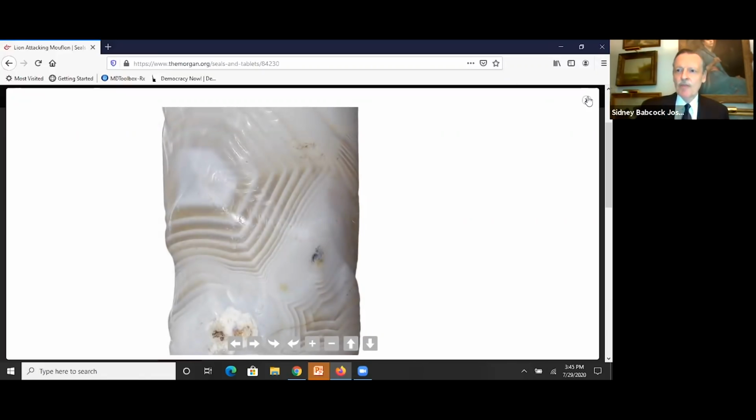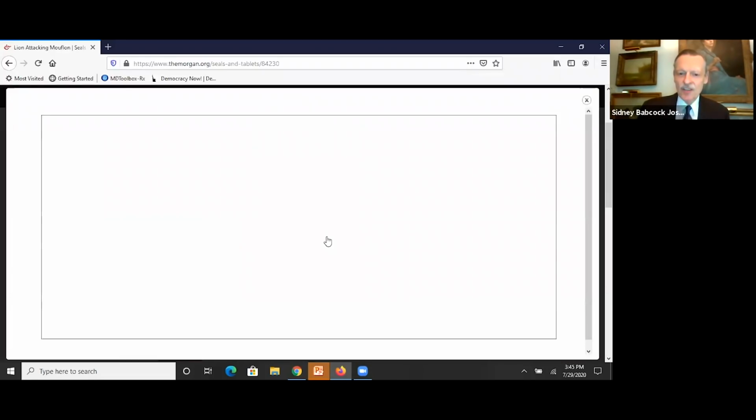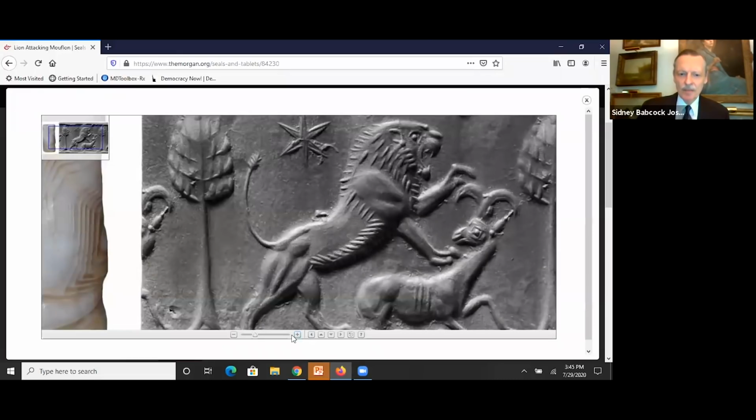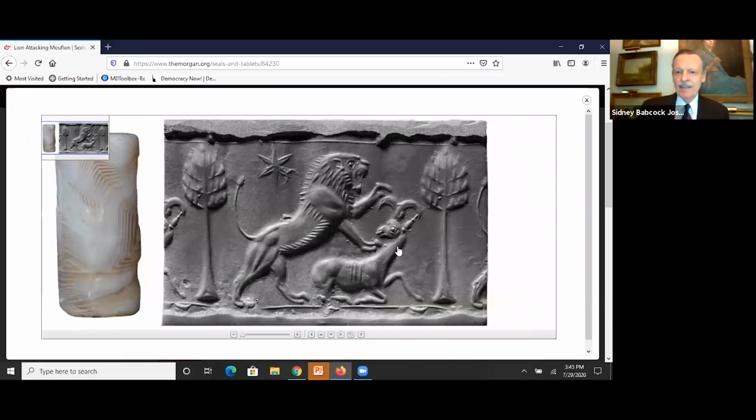And then, so now we'll go to the seal itself, and on this very complicated surface, look at what the artist has achieved. It is a masterpiece of sculptured art. Here's a lion attacking a mouflon, and all the action is in these arcs and curves. The lion's tail is taut. The threatened animal's face is between the paws of the lion. And look, there's even a startled expression in the animal's face as it tries to leap up and get away